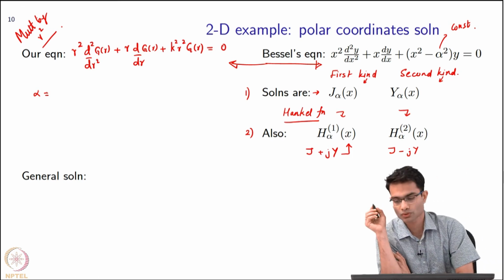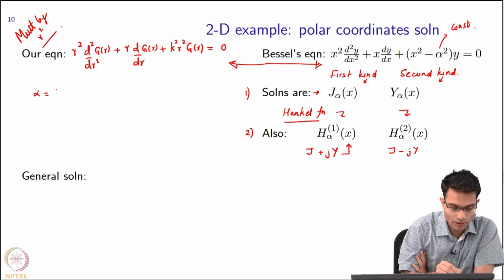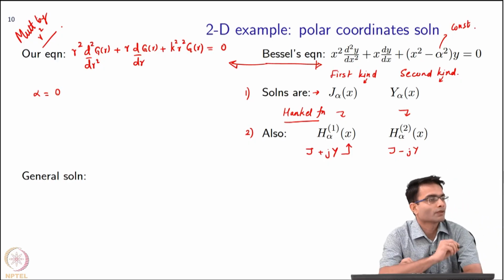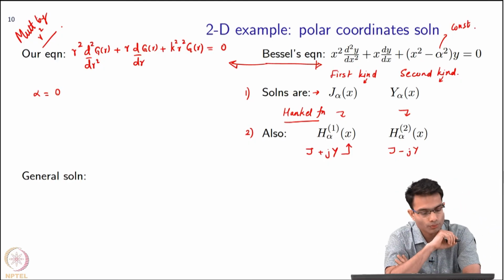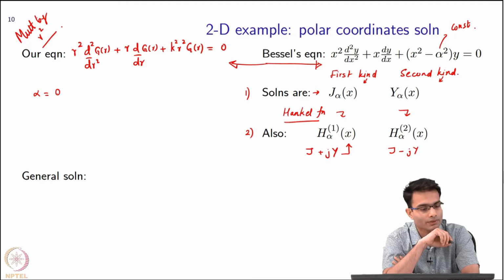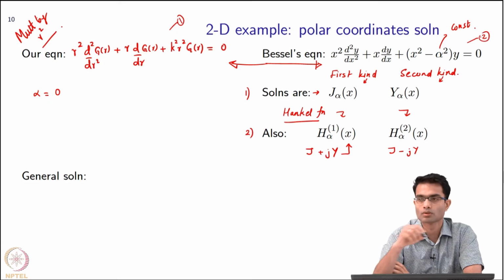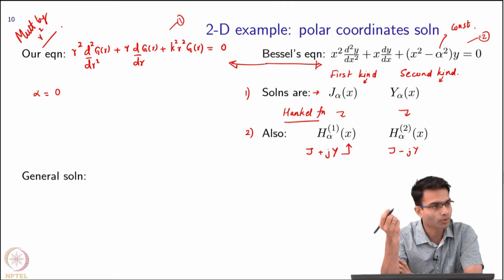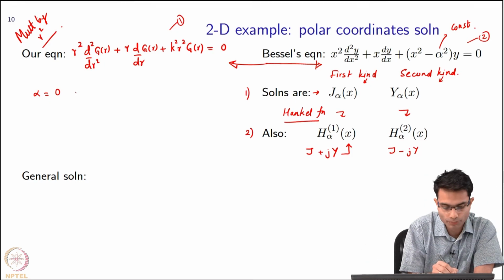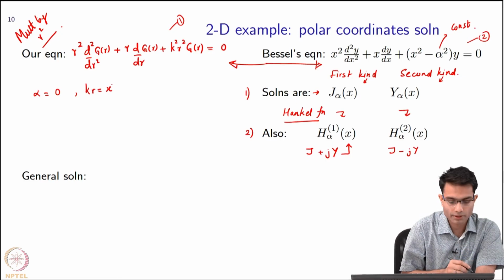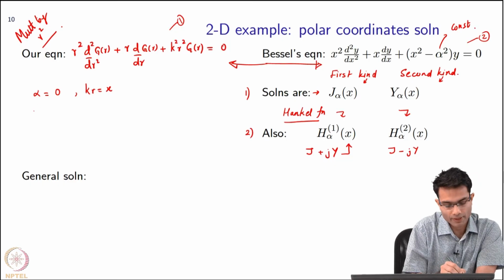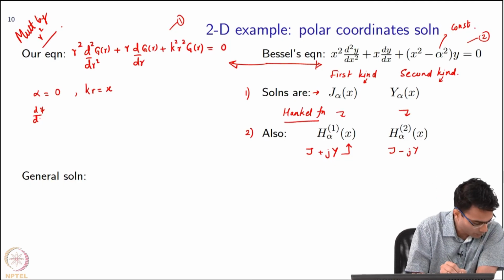Alpha is 0, there is no constant r term, right, alpha equal to 0. So, how do I convert our equation 1 into equation 2? Put kr as a new variable. Supposing I put kr is equal to x. Okay. So, if I take d psi by dr, that is what I want to worry about,